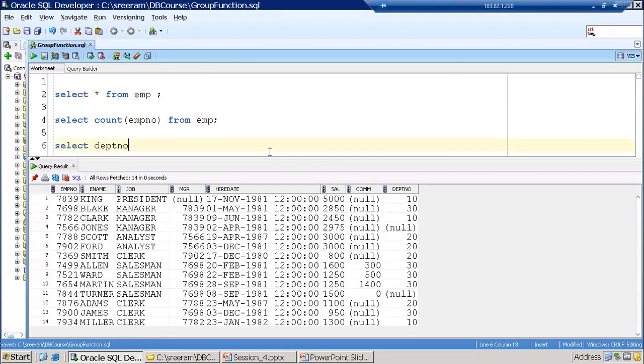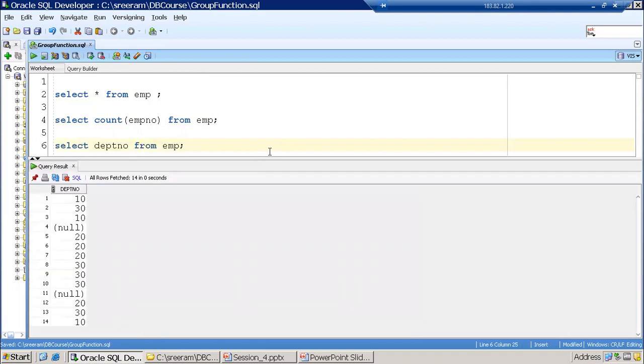In the output, I want department number, followed by, let us say, I'll write this first. It is printing department number, but I want the number of employees in each department number. If I write it like this, it is simply repeating all the data. I'm not able to find out how many employees there are in department 10, how many in 30, how many in 20. I could not make it out.